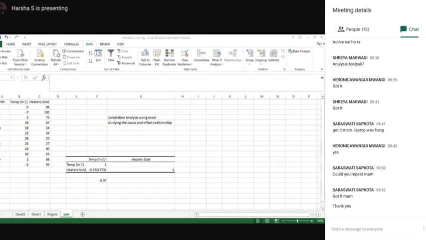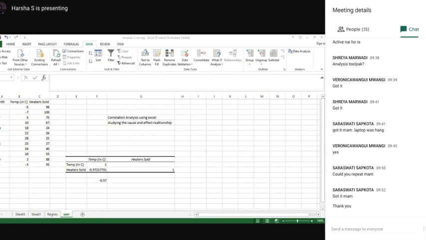Now, to those of you who say, Madam, how do I know that minus 0.97 is a negative correlation or inverse relationship? For you, I am uploading some reference book material related to correlation. You can go through that. Because if I start teaching what correlation is and everything, then my subject would go from economics to statistics. I just have to teach you how, using Excel, you can do the analysis for your decision making. Now see, this is your decision making. This is how it goes: there's an inverse relationship, so you can always predict the demand for the commodity which you are selling.